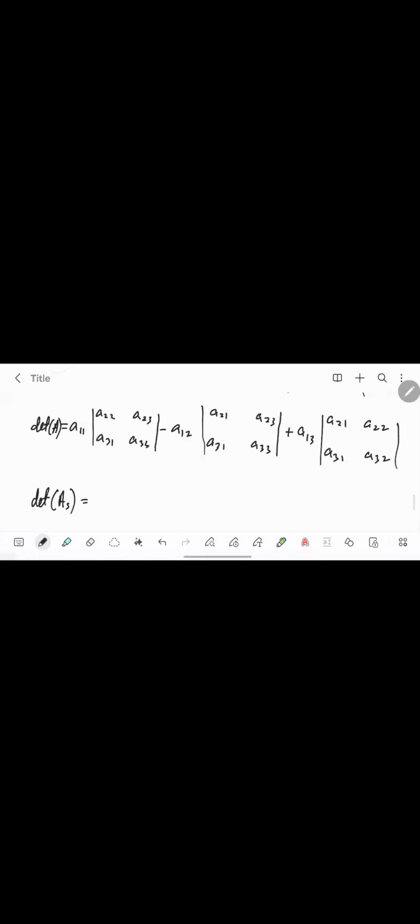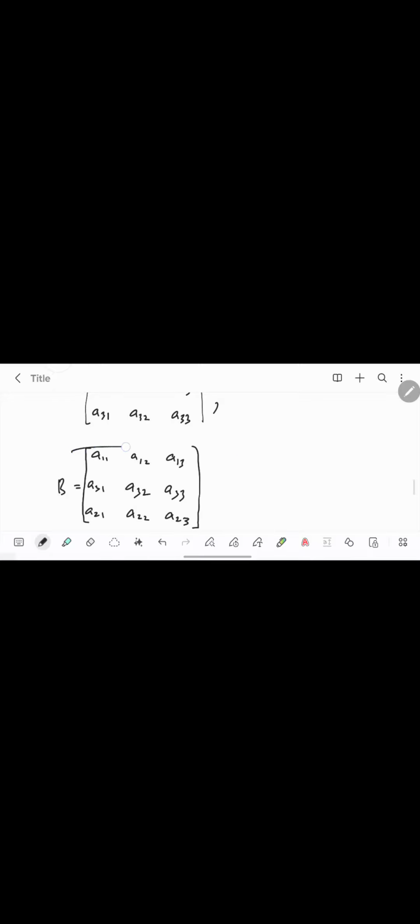But the most important thing is that whenever you swap any two rows or columns, we will get a new matrix. You can call it B or you can call it AS, whatever you want. It's up to you. For the time being, you can call it B. So if this is B, then it is B here. And now if I find the determinant using the first row, I will have